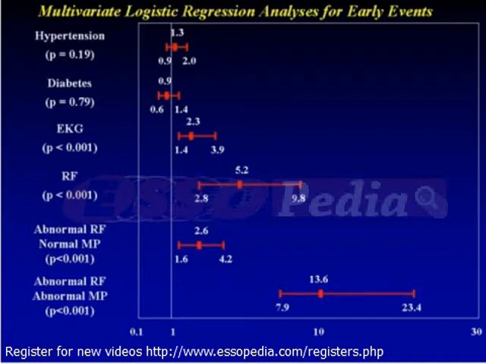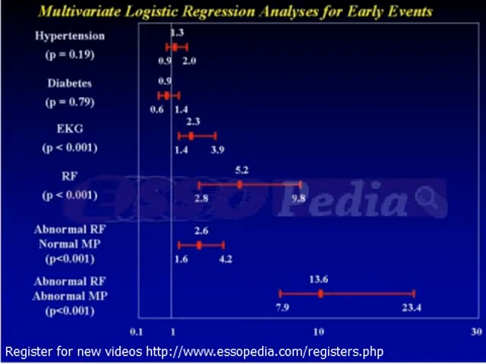If patients had an abnormal electrocardiogram, that was associated with about a 2-fold increased risk of an early cardiac event. RF, or regional function, actually had a 5-fold increased risk if regional function was abnormal. And you can see that the combination of abnormal regional function and abnormal myocardial perfusion at the very bottom of